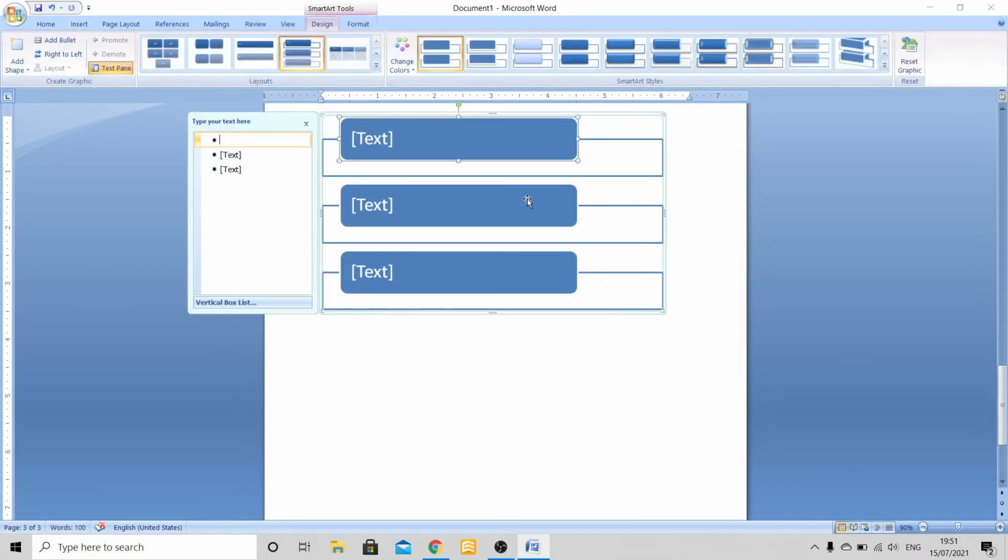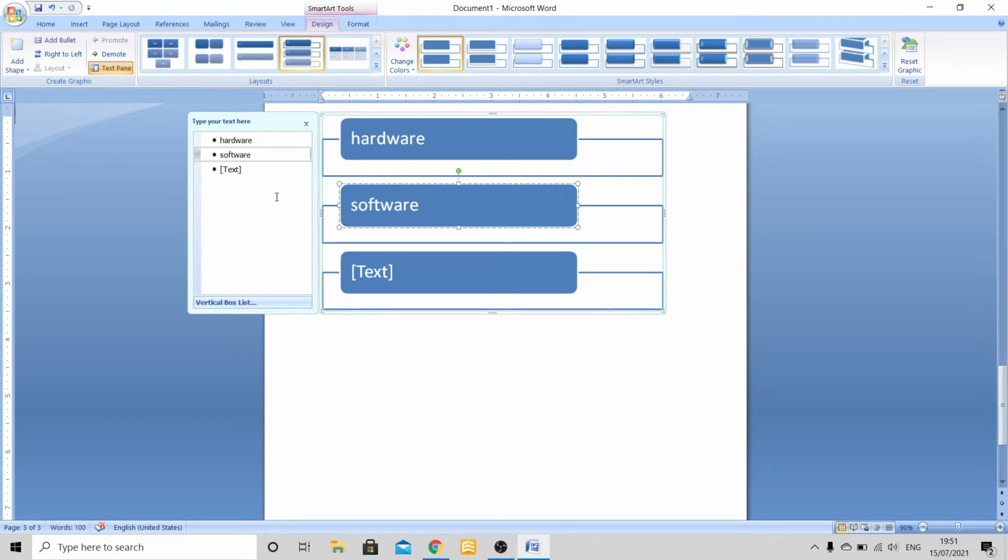Just double click, and after that you will be able to write down over here like this. Hardware, some important points you can note down like this in your document. So this is called your smart art, right?